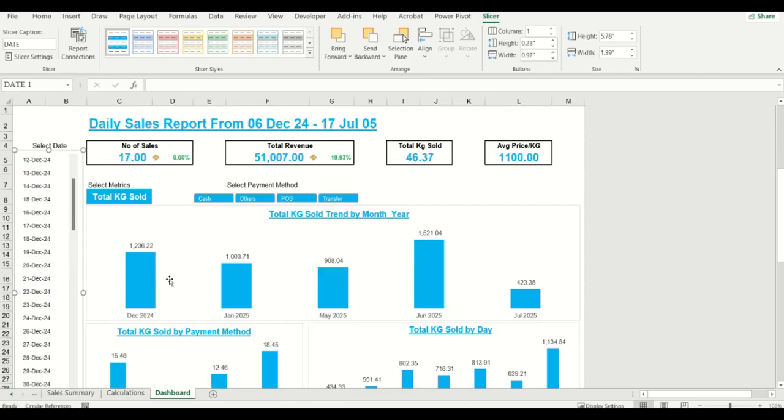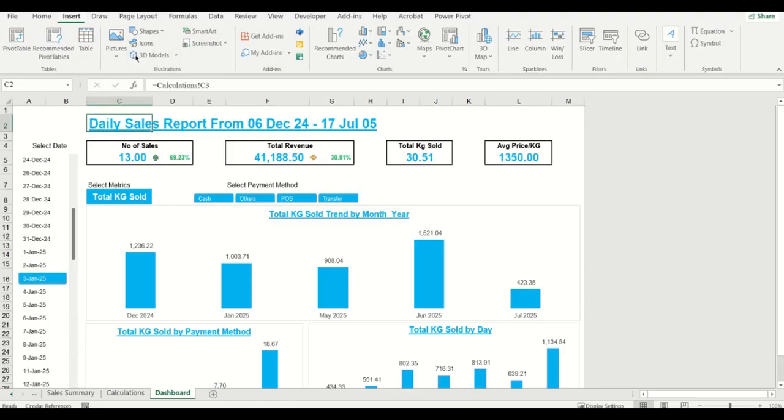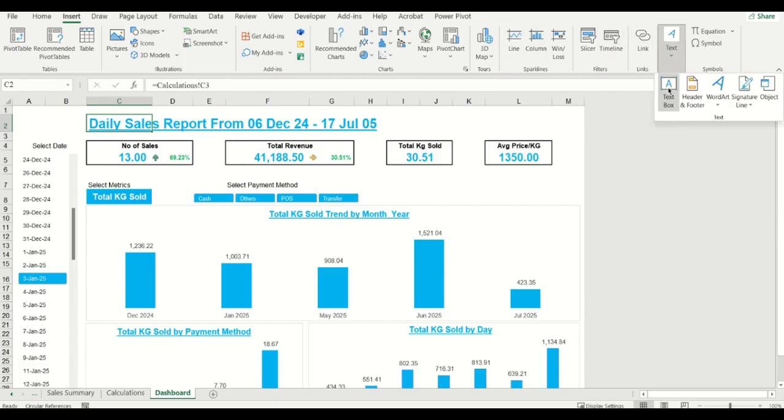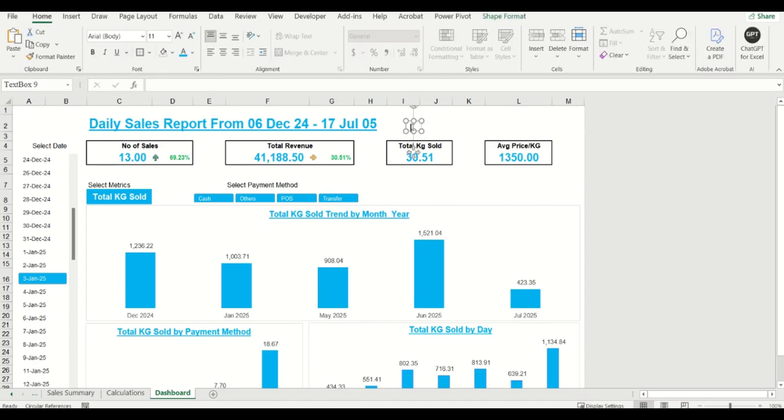And also let me first of all add a text box. I want to show